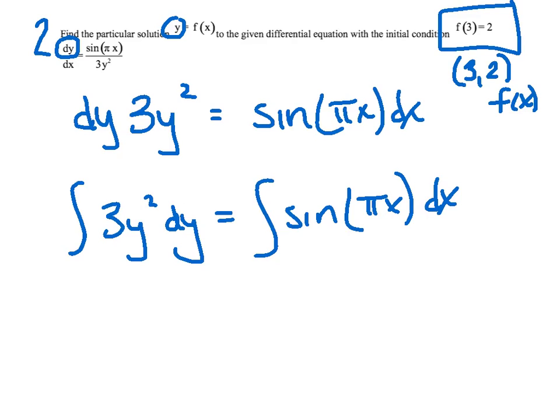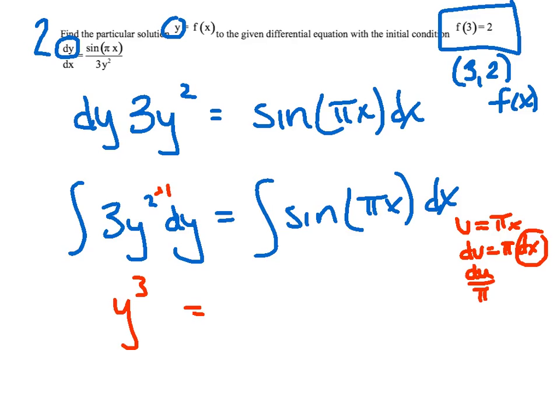On the left-hand side, I've got just a nice integration. I'm going to add 1 and divide by 1, so I get y cubed over 3, which is just going to be y cubed. On the right side, I've got a little bit of work to do. If you were to take the derivative of the sine of pi x, that would be chain rule. So that means I need u sub. So my u is pi x, my du is pi dx, and when I solve for dx, I get du